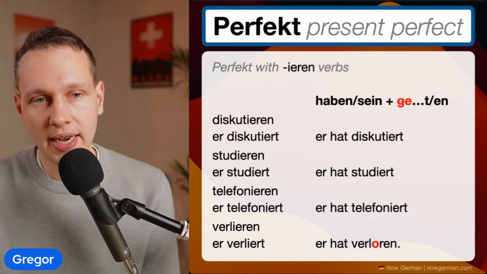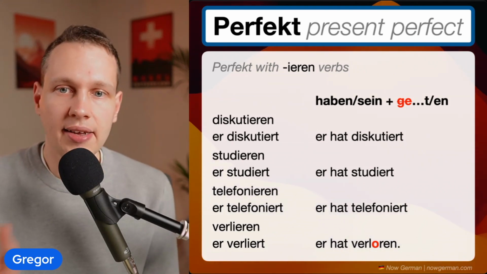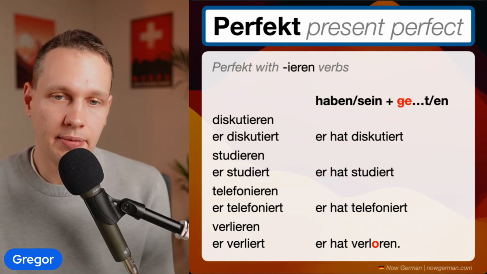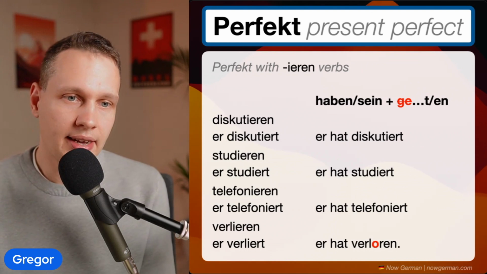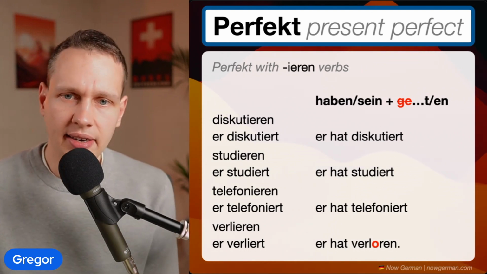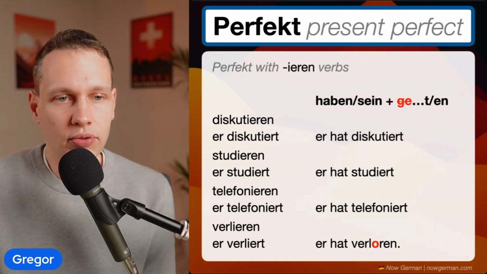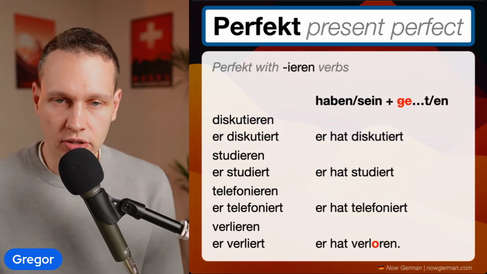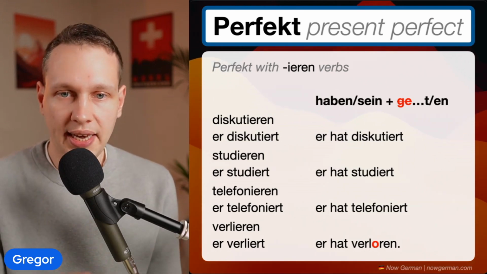So you see, same as the non-separable verbs, these also don't get the ge in the beginning. And one way to think about it is that because of the ieren, these verbs already tend to be rather long, and then German speakers don't want to make them even longer by also adding a ge